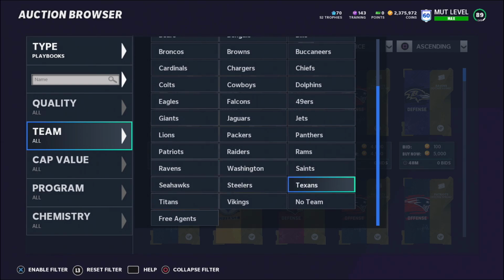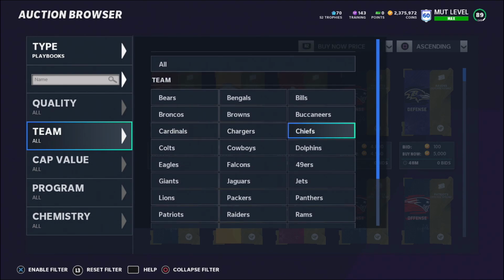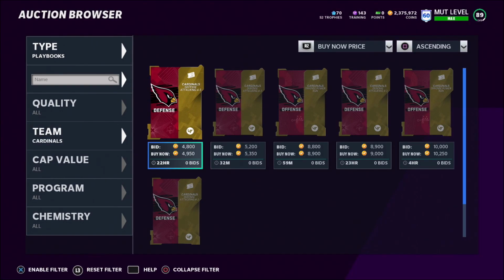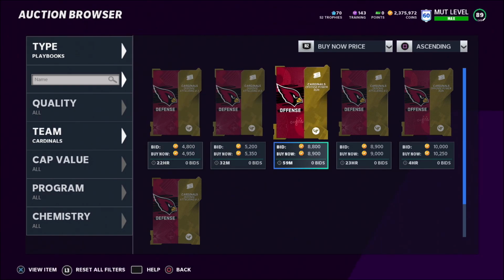The reason why I go by those teams is because those are the most sought after playbooks in Madden, those are the best playbooks in Madden, which means a lot of people like to buy those playbooks and they will sell frequently, and they usually sell a lot of coins. So if we go by Cardinals, then you guys can see the Cardinals offensive playbook is selling for about 8,000